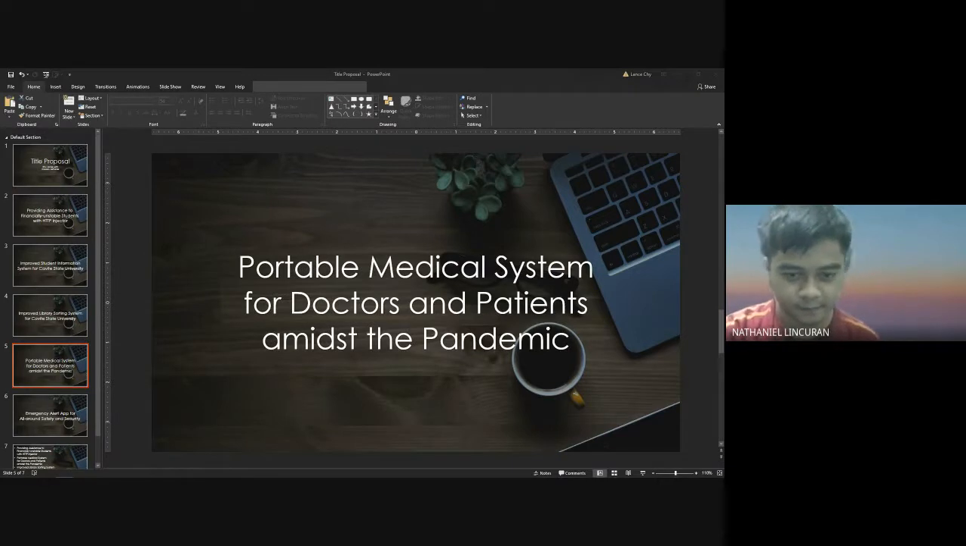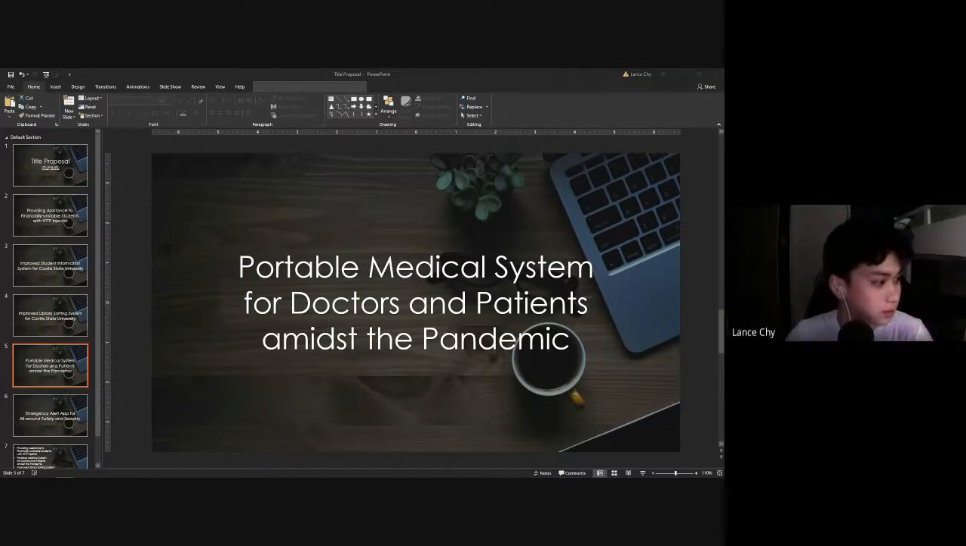So for our next title, it would be the portable medical system for doctors and patients amidst the pandemic. So here, the problem obviously is the pandemic. Yeah, it is the main problem of this whole almost 2 years of unsafetyness, if I can say that word. In this research, we have three different major sections or topics that we can provide for this one. We have first of all